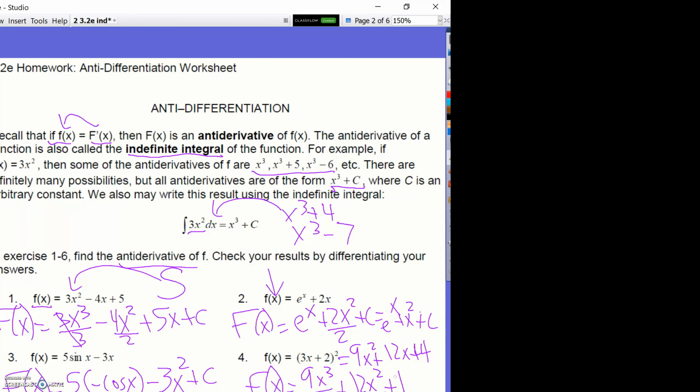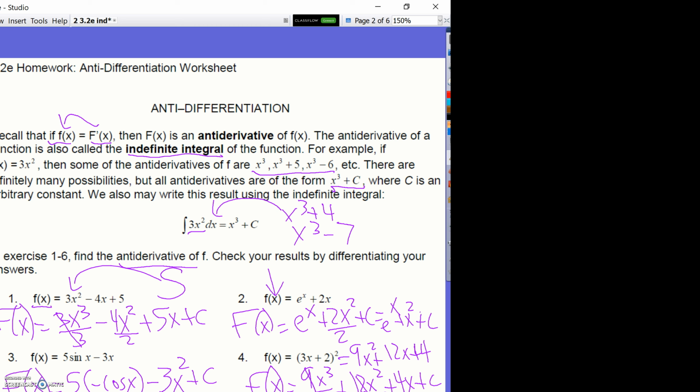The constant becomes a linear term plus c. These need to simplify to a coefficient of 3. These need to simplify to a coefficient of 6 before the x squared. 4x is fine. Number 5,